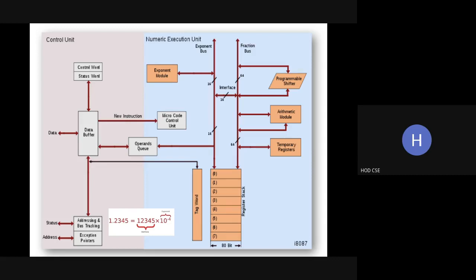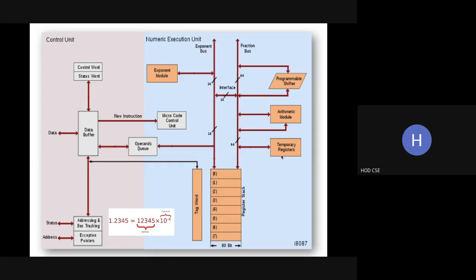Actually, this register stack is a circular stack. Okay, if 8 elements are already in the stack and you push the 9th element, it will wrap around, that is, the next location will be overwritten with the 9th data. So we must be very careful in pushing data into this stack. If the stack is full, we must not push data into it, right? Since it is a circular stack, with 8 data already available, if you push the 9th data, the data will be overwritten. So we must be very careful when we are programming the 8087. Hope you got it, okay?